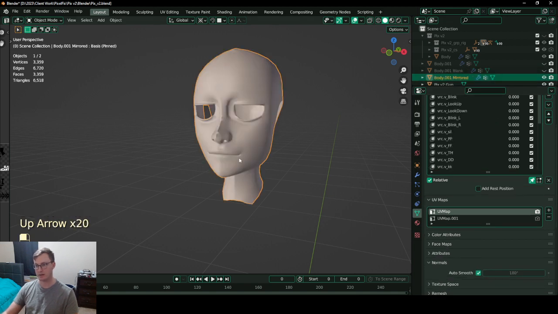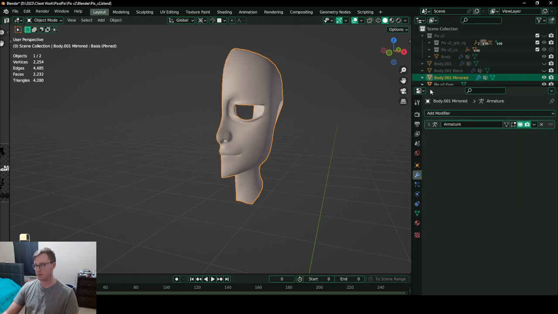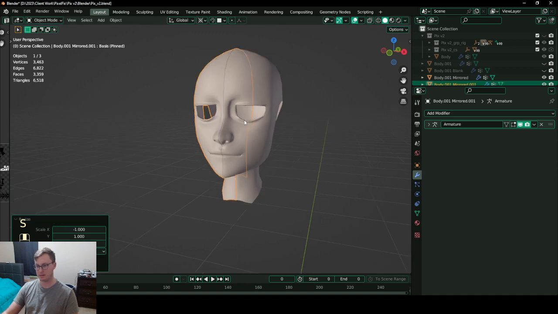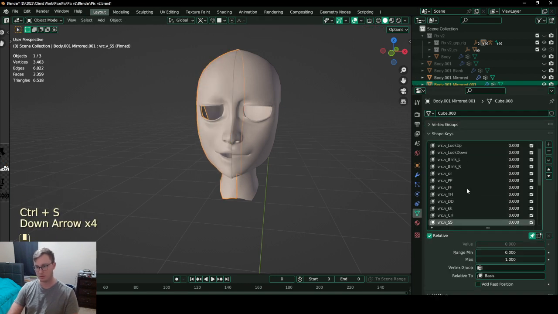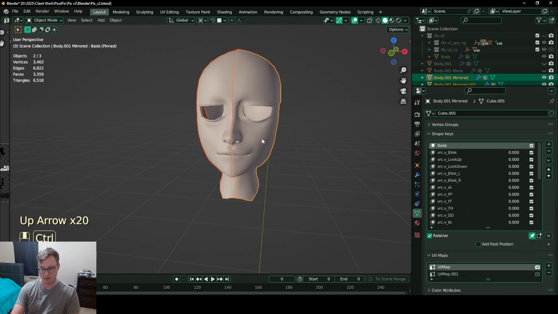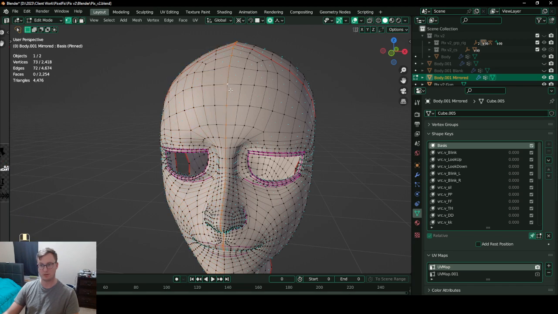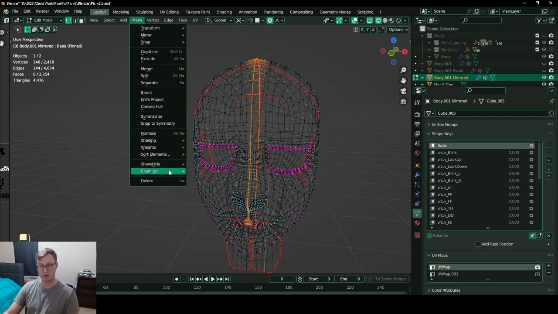Let's look at the mirrored one again. In this one, I have it mirrored, but I'm going to duplicate the mirror, then flip it this way. Control A, S, all transforms, flip the normals. Okay. And then if I combine this way, and we take the center, and we do mesh merge by distance,